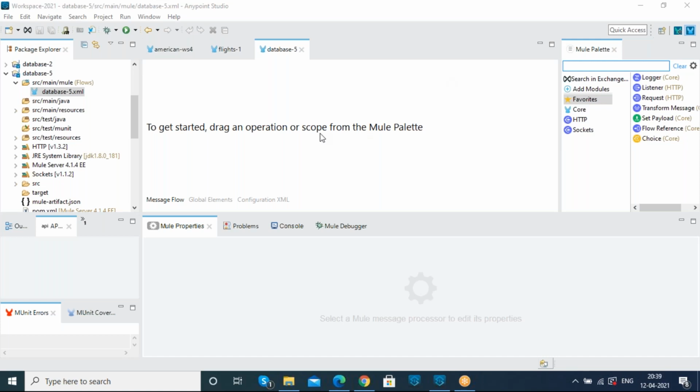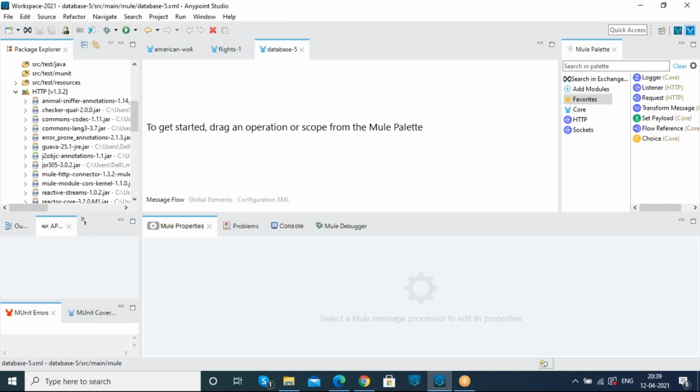So here I will once again explain the structure of Anypoint Studio. This is Anypoint Studio where we are going to do the development part, and whenever we create any project, the total details of our project will persist on the left hand side in the package explorer. This database file.xml is called a Mule configuration file where we do the development part. And here we have the source main resources, test main resources.